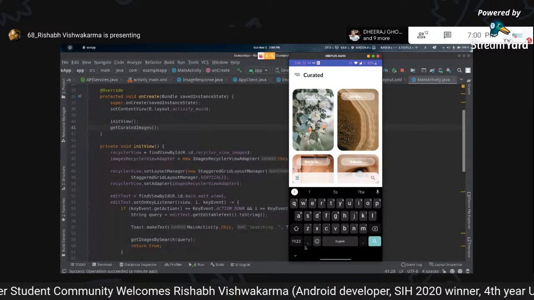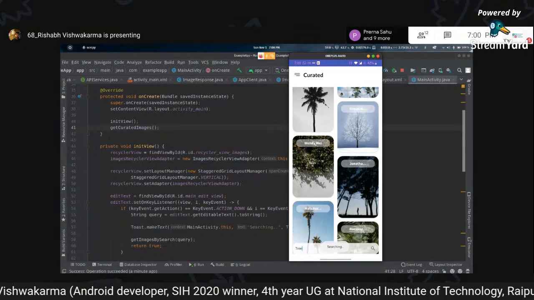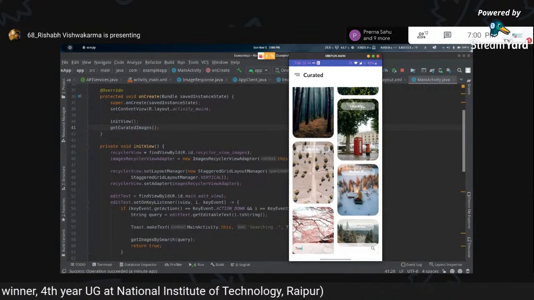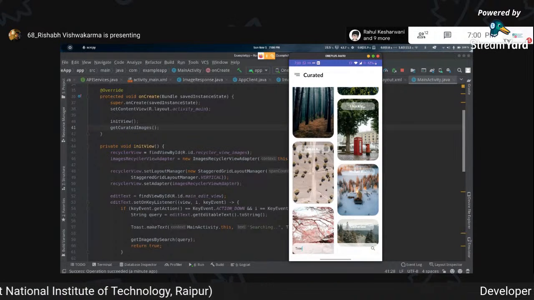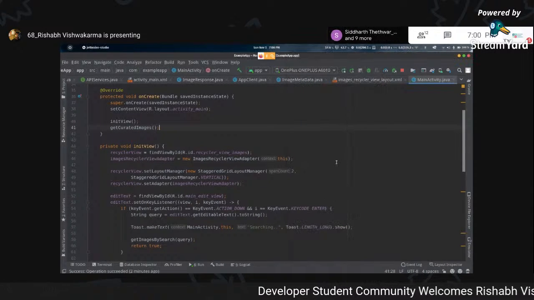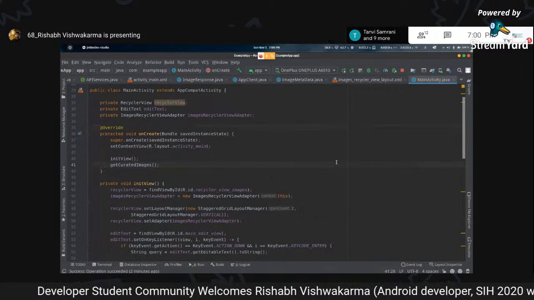Again the search functionality will be working. If you search something here, this same recycler will be updated, and you'll be able to see things here. Okay, so right before calling the session off, I just want to say that suppose you made some another